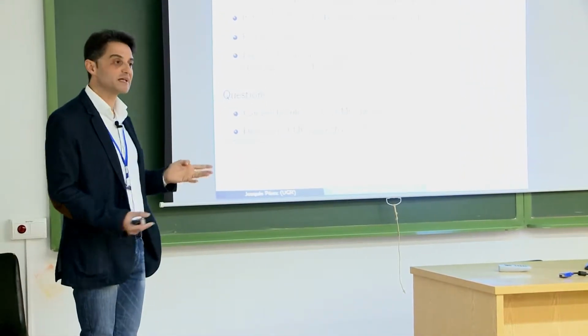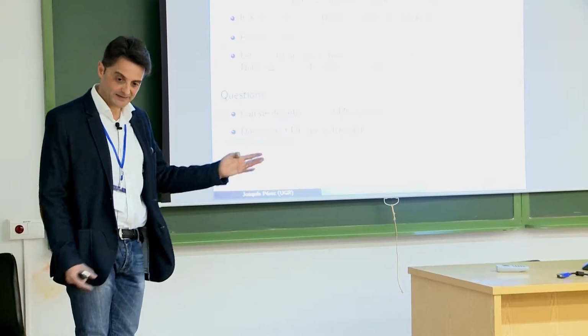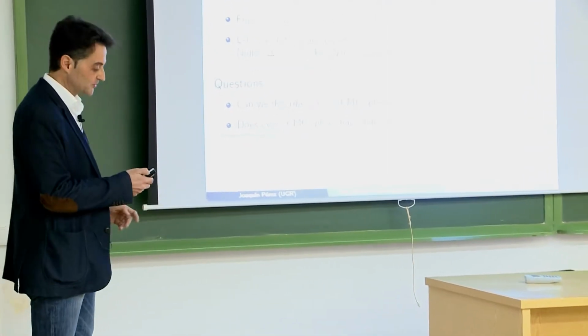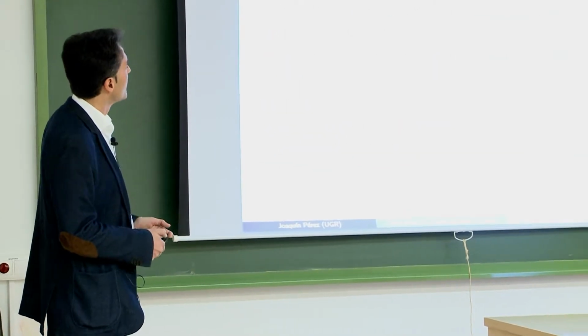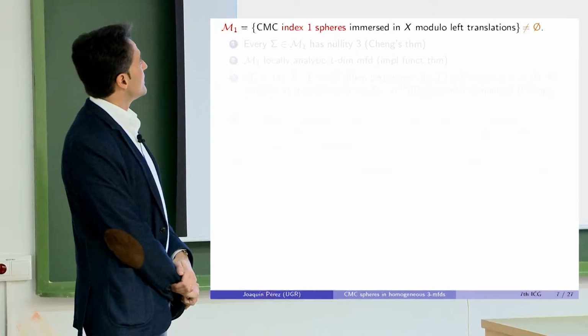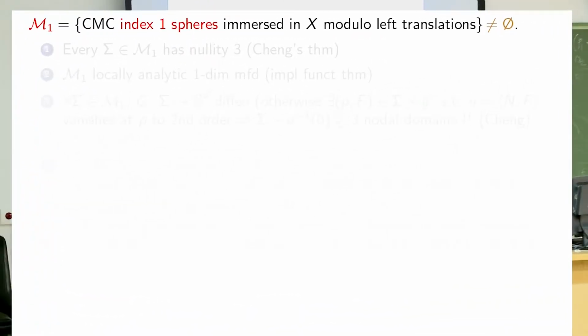Maybe, and this is what happens in the end, every CMC sphere has index 1, okay? There is no reason to suppose this is going to be the case, but in the end, this is what happens. Okay, so now I consider the class M1 of CMC spheres of index 1, modulo left translations,